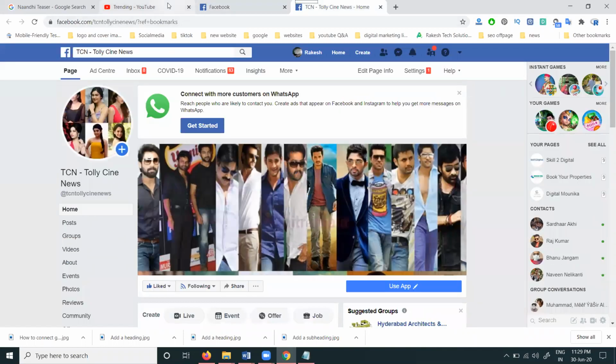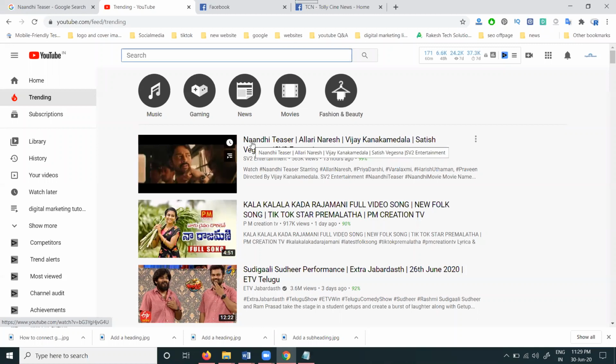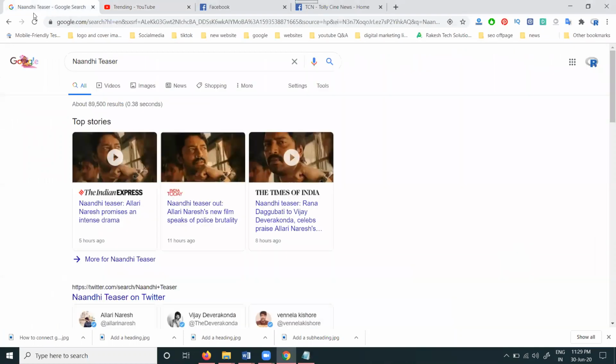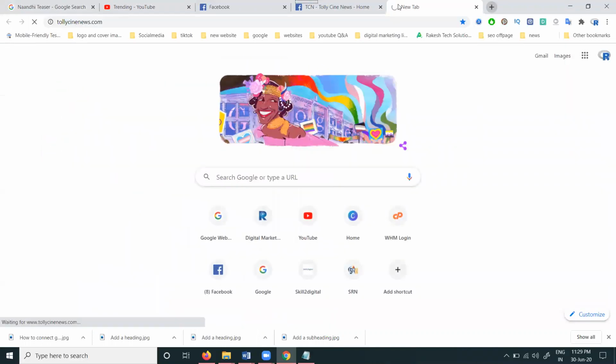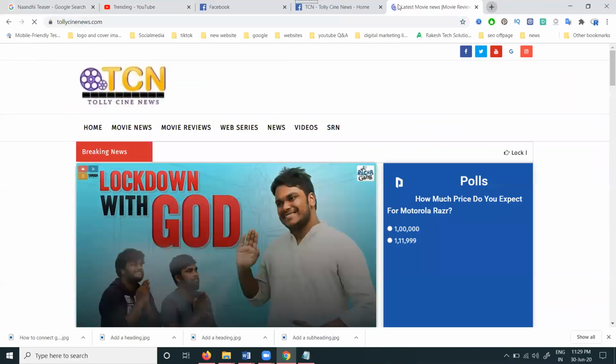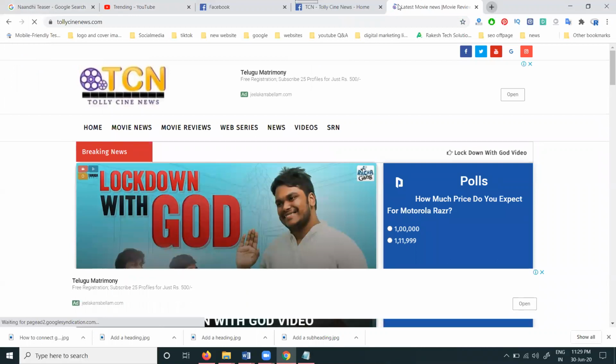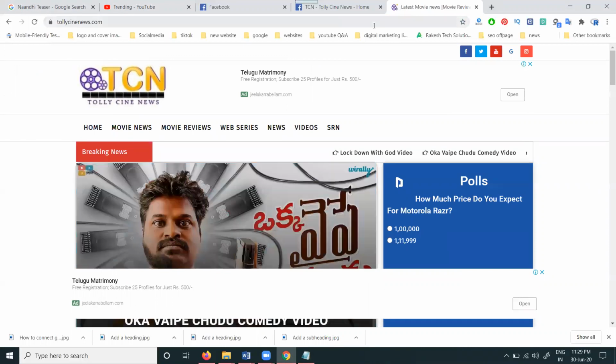Facebook has one feature. One movie trailer will be launched on YouTube. We can search for the trailer by name, and if you get permission from the owners, using Facebook is one option. The second option is if I'm promoting a page, I have the site, but I don't have any permission to play that video on my particular page. So what is the purpose, how can you play the video to engage my audience?